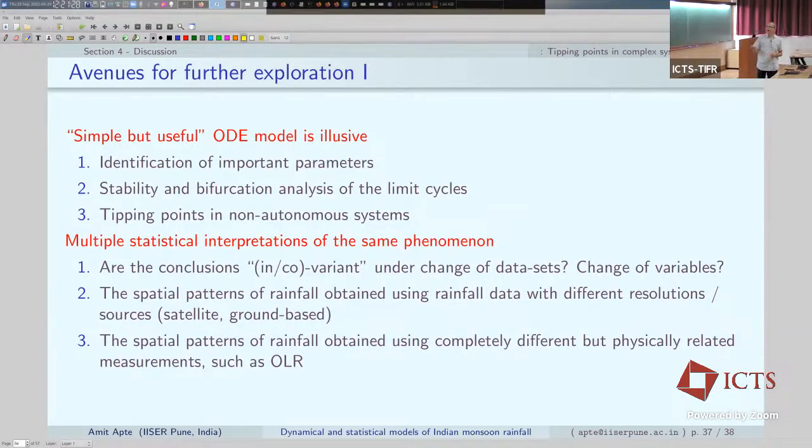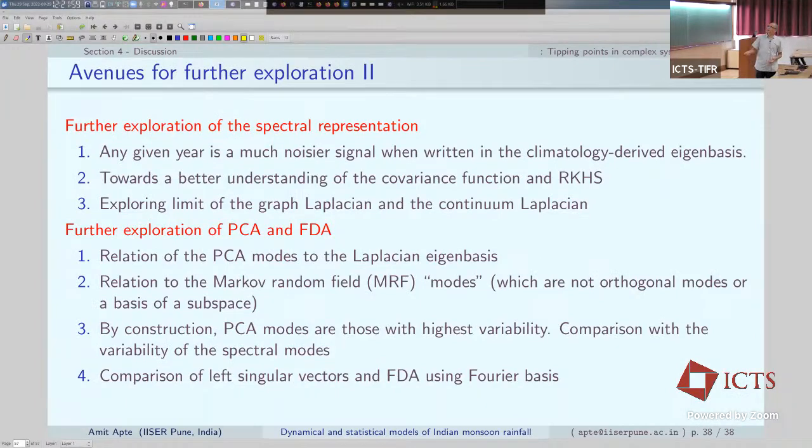So understanding the statistical behavior of these data sets is important. And the other thing is we have used rainfall, which is highly discontinuous, as we saw. Using additional variables, say temperature, cloud cover, and so on, which are much more smooth, may have better statistical stability, but then its relation to rainfall is not very clear. So anyway, there's a whole bunch of stuff. I didn't talk about the PCA, FDA, and so on, so I'll just leave it here for now and take any questions. Thank you.